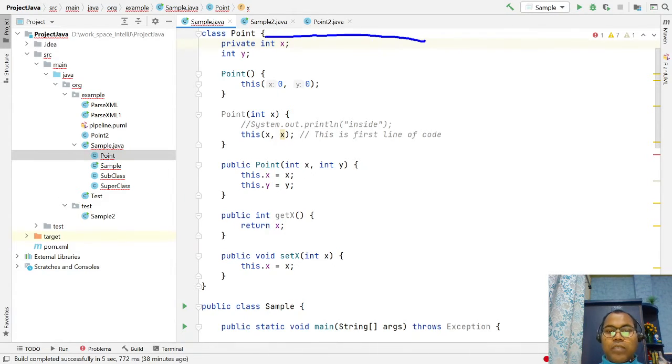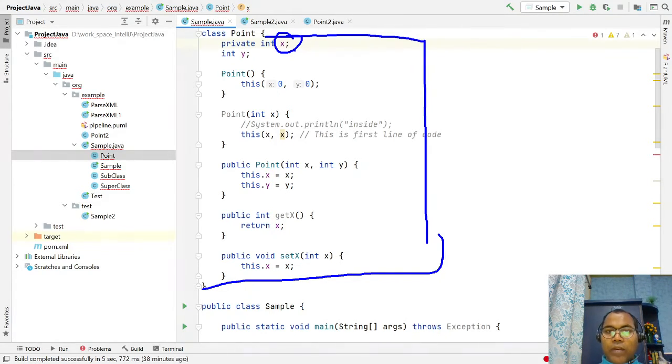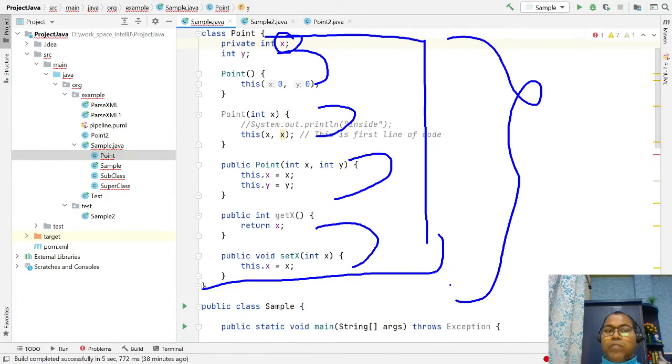If this is the class defining your x variable as a private data member, it can be accessed within a constructor and within a method. But apart from this block, it is not accessible anywhere. If you want to access the x variable from outside of the class, even in the same package, it's still not allowed. It is also recommended that whenever you think a particular variable is defined within a particular class, you should mark it as private.